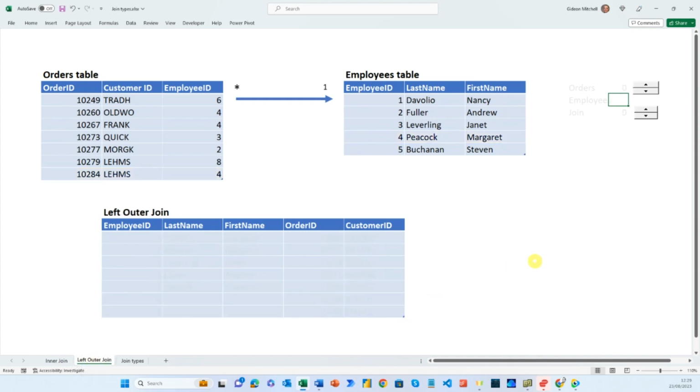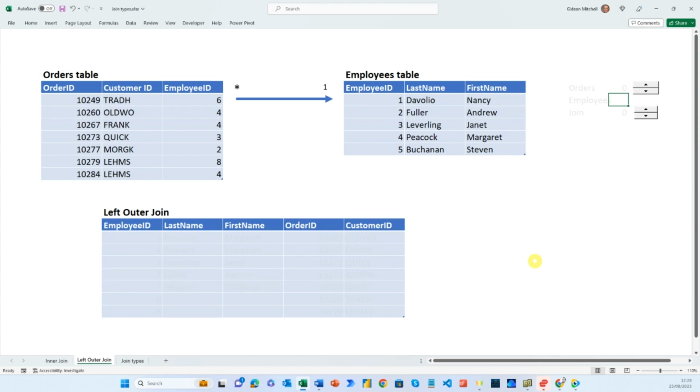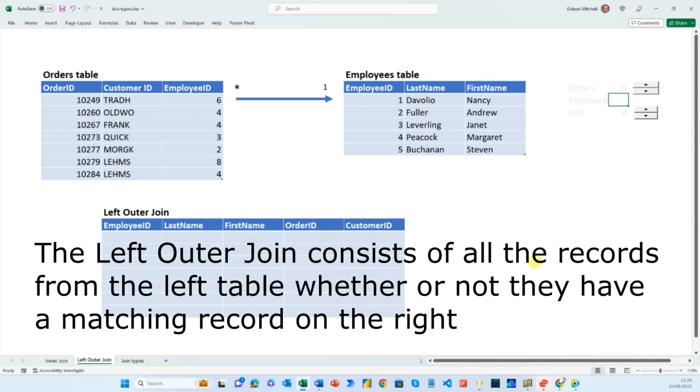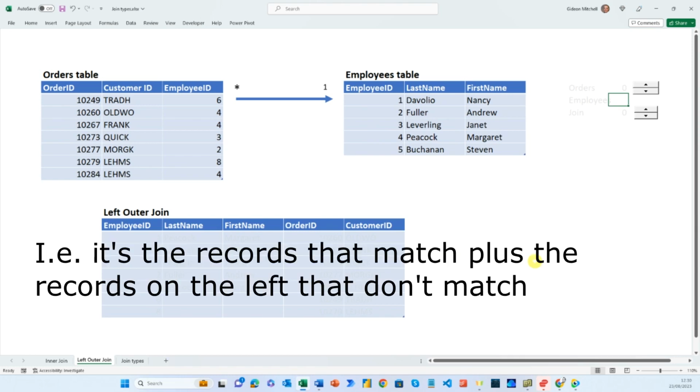Then also we have other types of join. We have left outer join, we have a right outer join, we have a full outer join, and then we've got two more exotic things called left anti and right anti joins. So let's take things one stage at a time. First of all, we'll work out what the left outer join is. I think the easiest way to understand this is that the left outer join consists of all the records that we had with the inner join, plus the extra records that would come from the left table that did not give us anything in the inner join. So I could just add